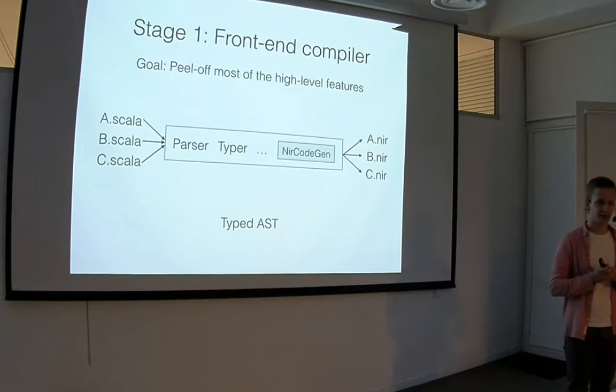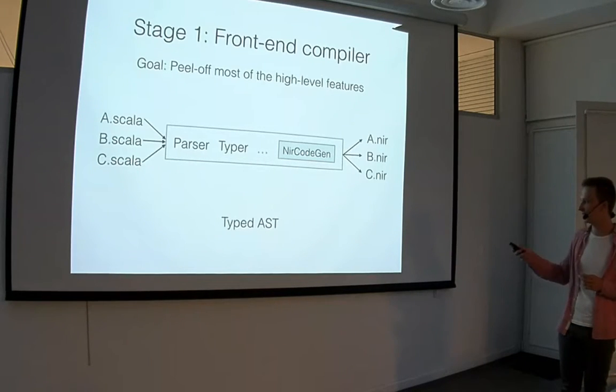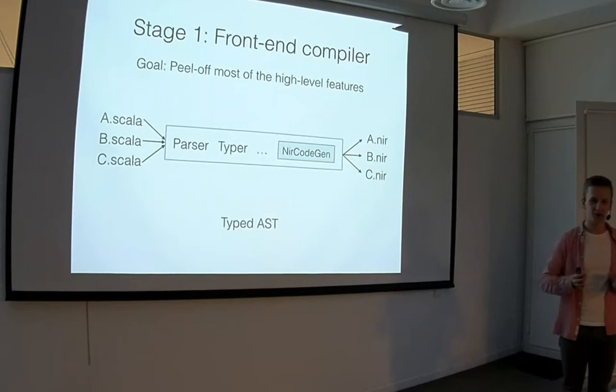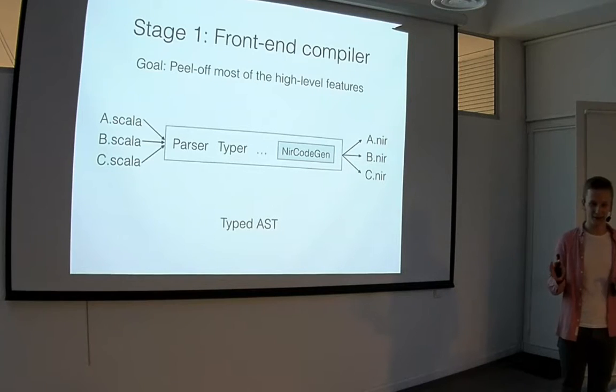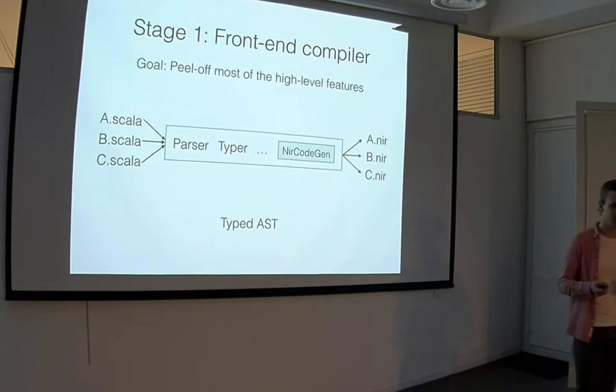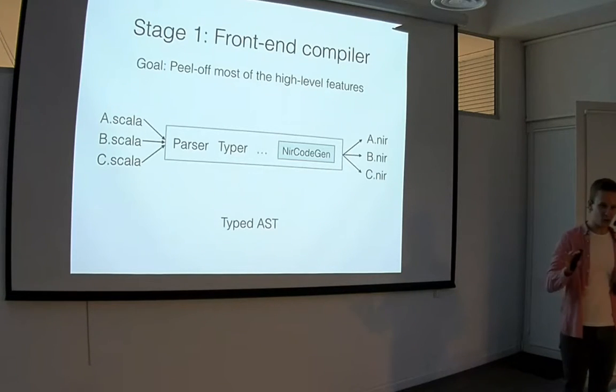Then we have Scala JS IR, which is actually a tree-based representation. It's not very close, but it's closer to TASTy, because it's still a tree-based representation, but it has funny JavaScript semantics features. It's like a mix of Scala and JavaScript. And then we have JVM bytecode, which is a stack machine. It operates in terms of push this value on the stack, and then take two values from the stack and add them, and stuff like that. So it's neither tree nor SSA, it's a stack machine. And all three of them are very different.